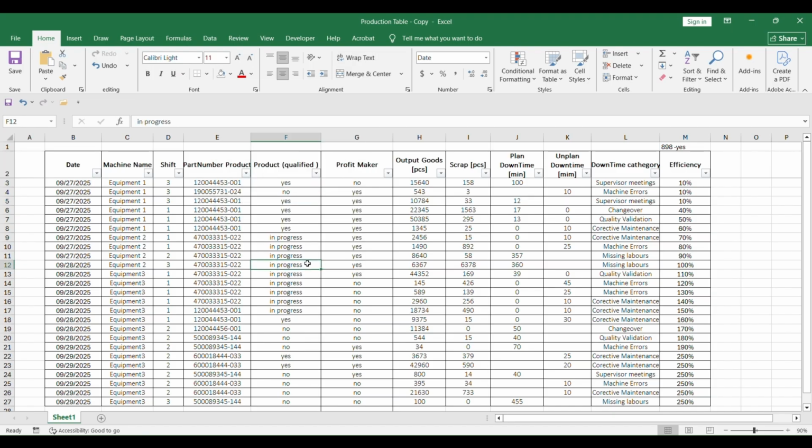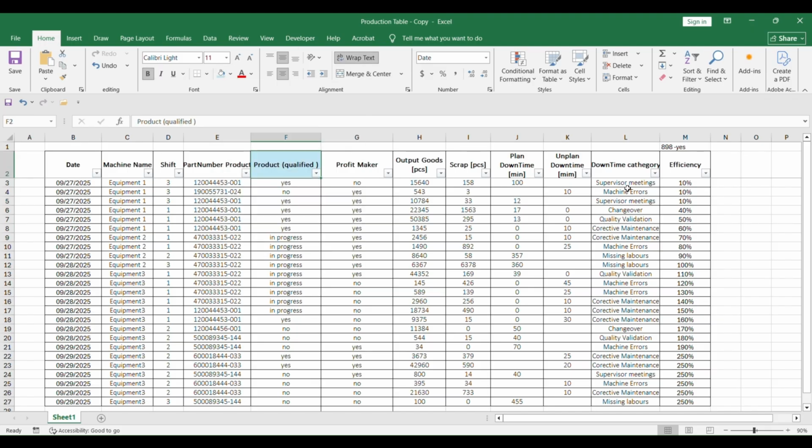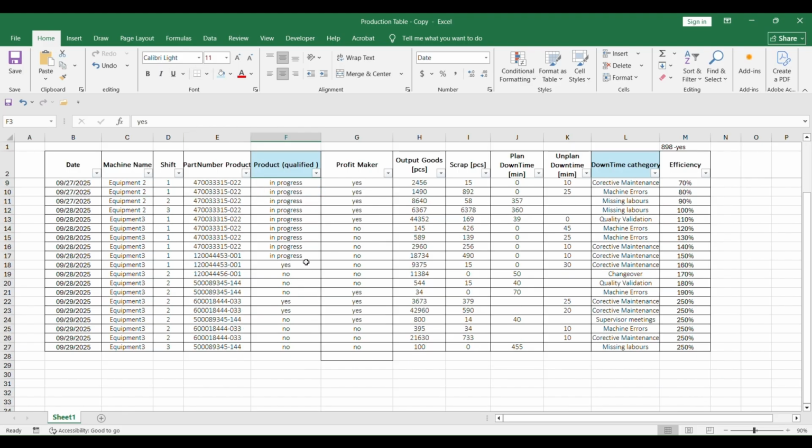So with the OR function, let's just focus on product qualified and downtime category, and we want to know the output for all options with yes. That will be our first filter.